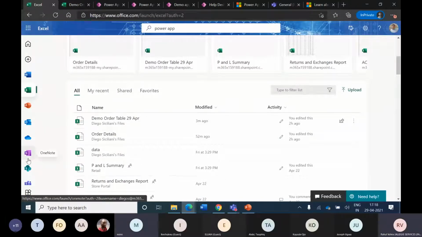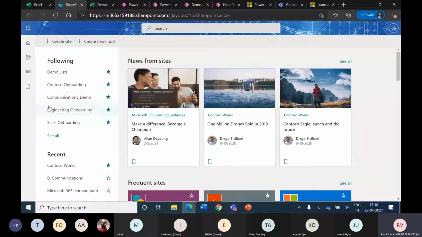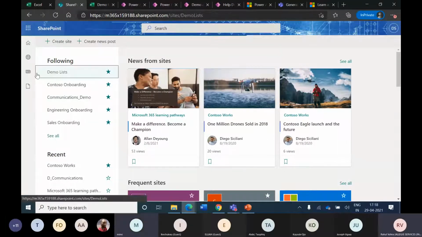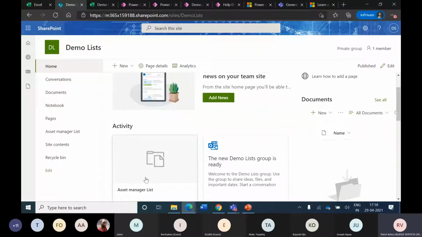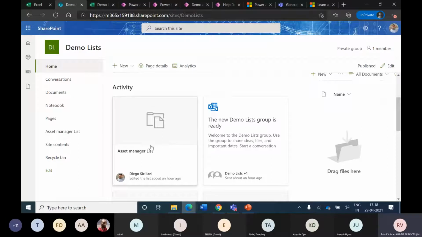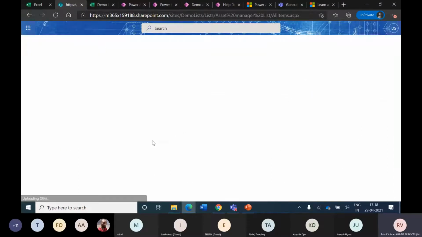So to identify what is the SharePoint list I want to use as a basis, I am going to my SharePoint instance and locating one list which I have kept ready here. So this is a ready list, asset manager list.